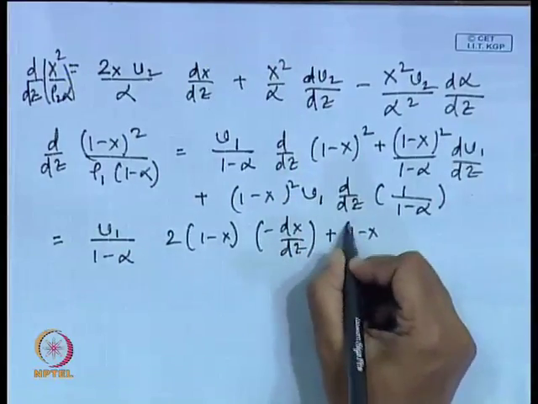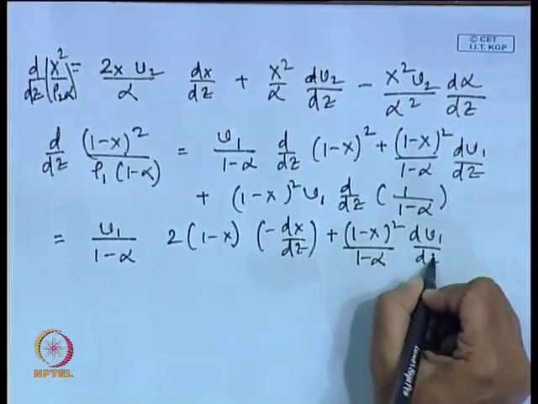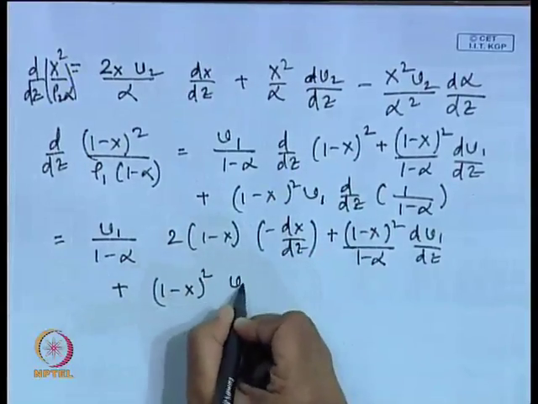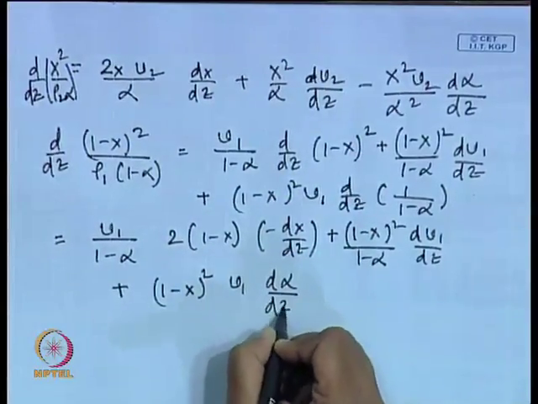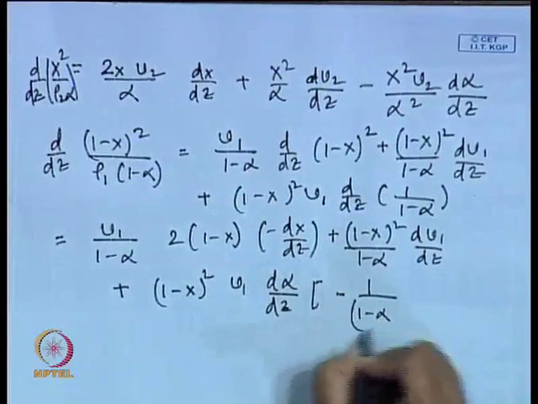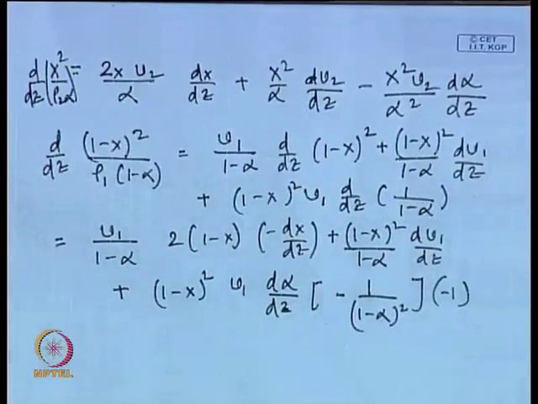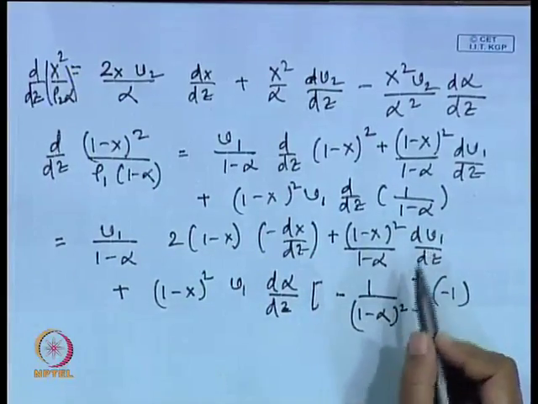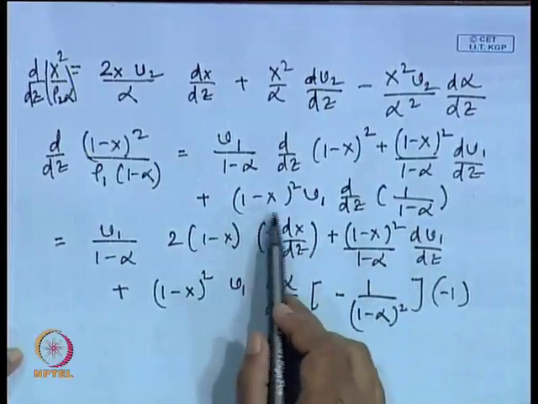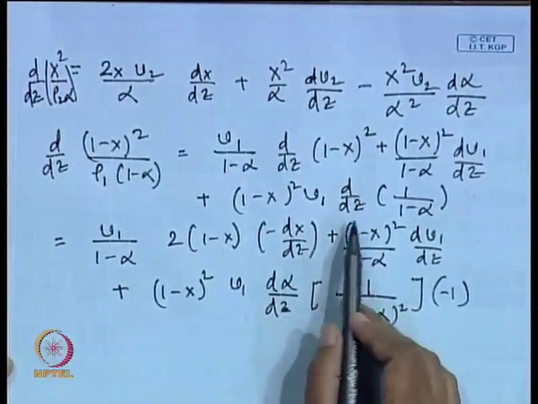plus (1 minus x) whole square by 1 minus alpha dv1/dz, and again plus (1 minus x) whole square v1 d alpha/dz. This gives you minus 1 by (1 minus alpha) whole square into minus 1. Simply differentiation I have done. I am not jumping steps, because in case I also make some mistakes, we will not be able to find it out. Okay. So, therefore, from this particular term if you see it is basically d/dz, or rather this